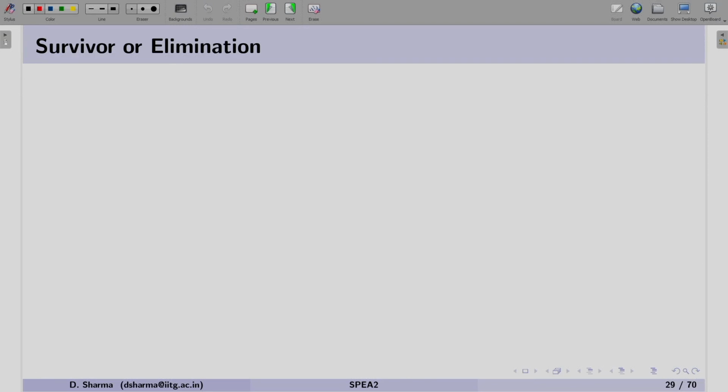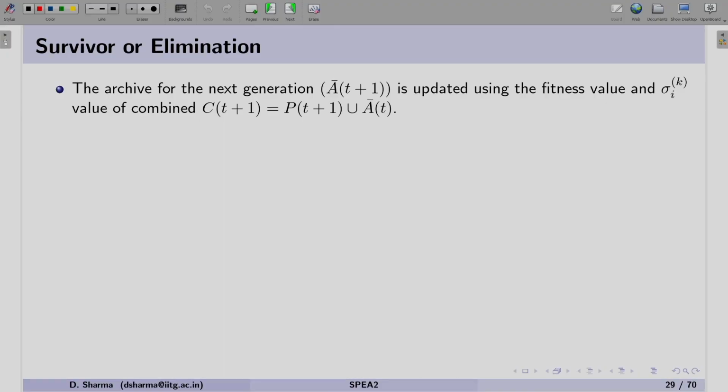So, let us now understand how the survival stage is developed with SPEA2. We are going to discuss the 3 cases first and then we will take the example which we were solving in the previous session. First of all, we have to combine the offspring population and the current archive, so that becomes the combined population.